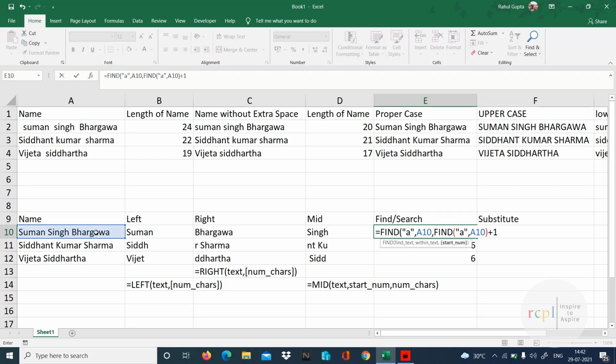Find A within A10. Then as the start number, I have given the first find of A within A10, plus 1. That's how we can find out the second position or second occurrence of A.